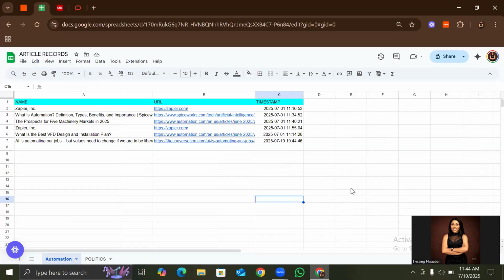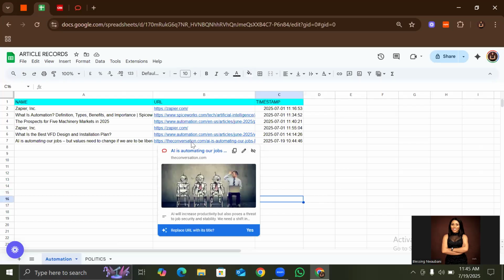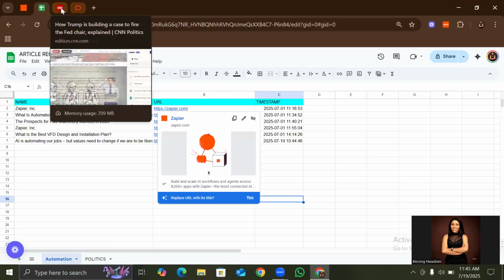Can we see the data has been populated directly into our Google Sheets. This is the name of the article, this is the URL, and this is the live timestamp. So for this URL, if you want to go directly into Google, you can just click on this URL and it takes you directly to where this article is in Google. Now let's quickly check for the